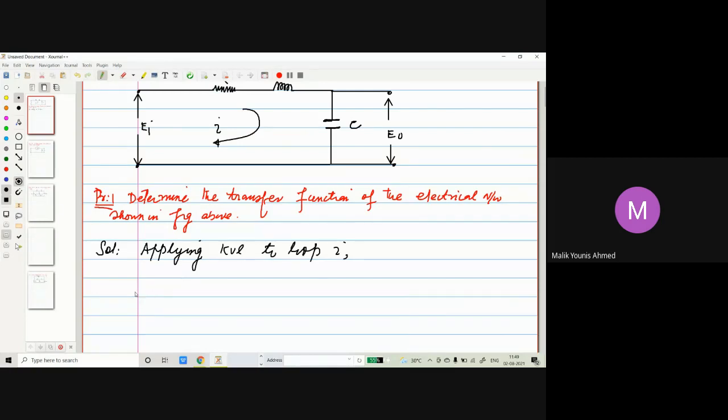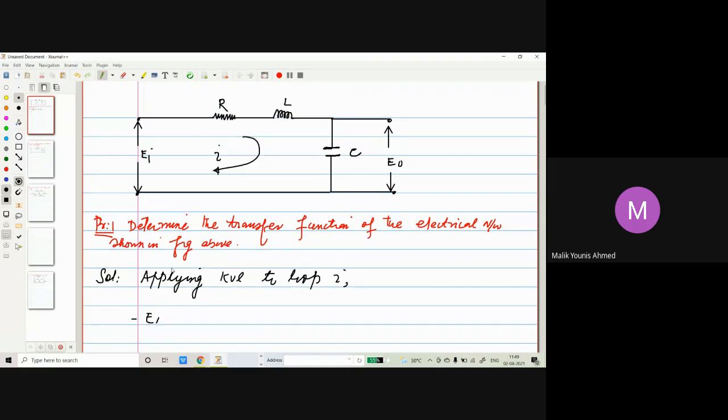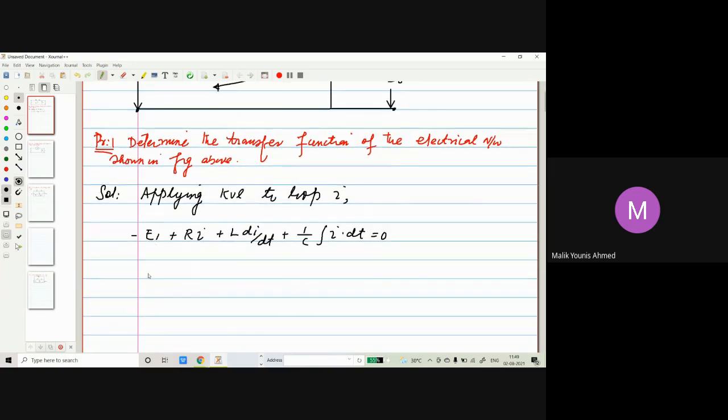So the first sign is negative e_i, plus the resistor R i, plus L di by dt, plus 1 by C integral of i dt. This is the normal equation, equal to 0. Then e_i can be written as